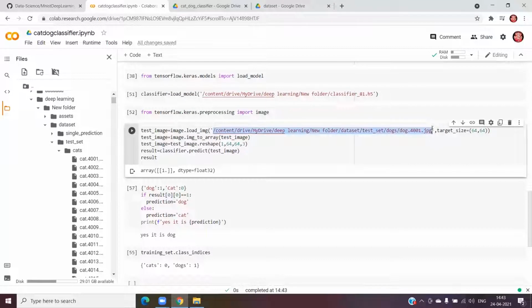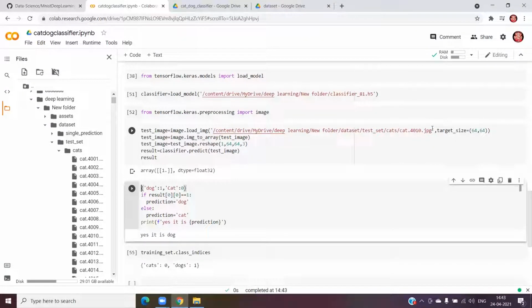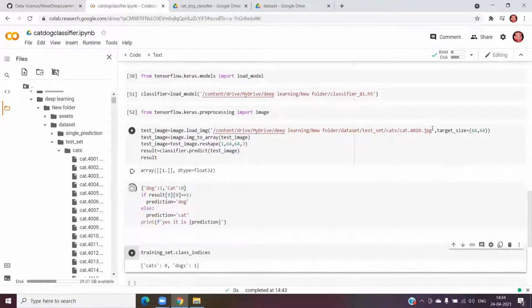So how much accuracy did you get for the model? I did one epoch. We'll try with 10 or 20 later. Because for my model, dog and cat labels 0 and 1 will be different also, so it can happen. For cat it is showing a dog only. So do one thing, just try to change dog equal to 0 and cat equal to 1.